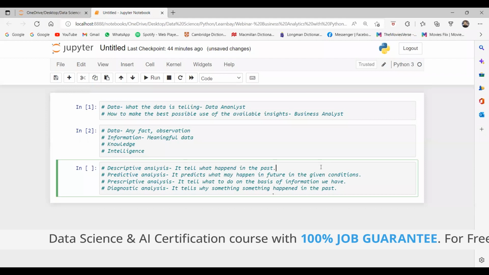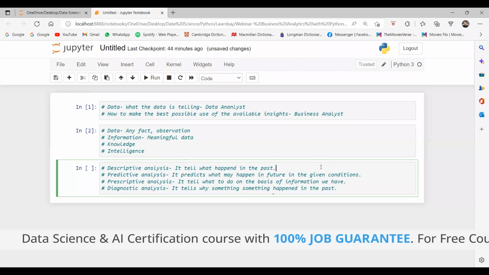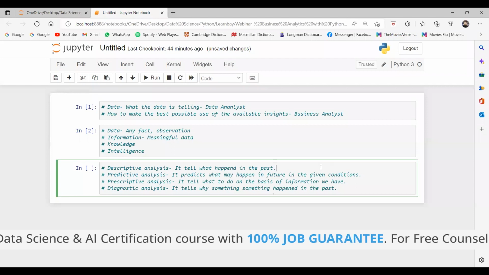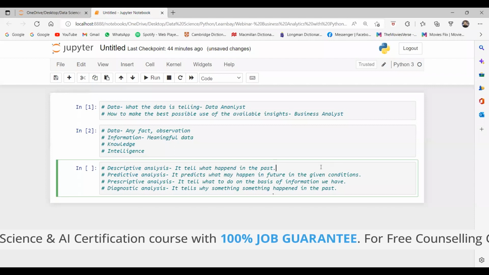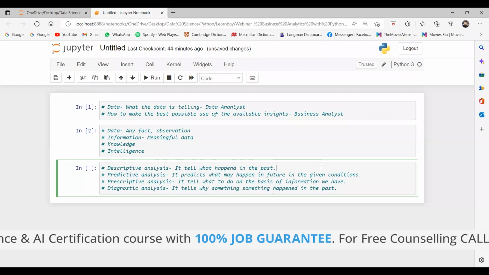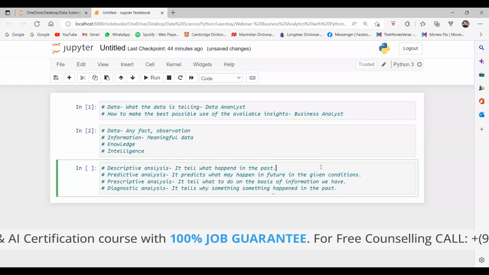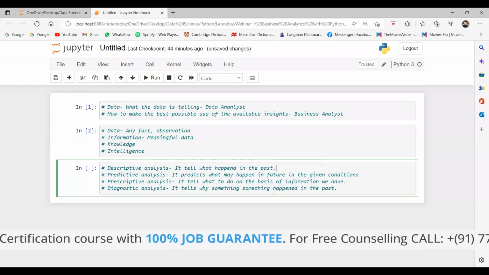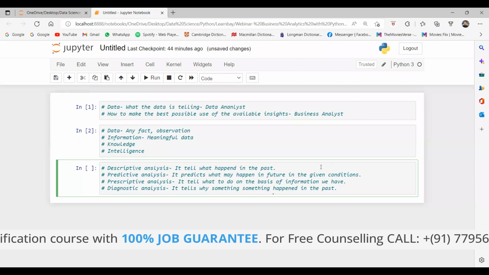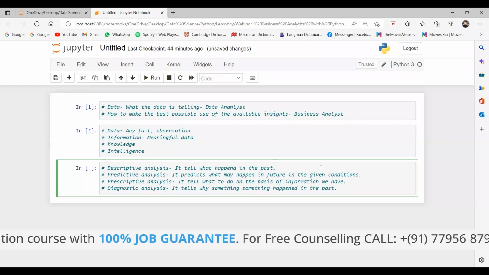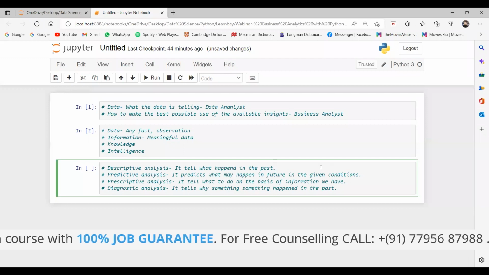It is done by a data analyst. He will get the data and he will draw the insights. He will draw the graphs, whatever is required. And he will try to tell every aspect related to that sales data or whatever he's being asked to do. Clear? So descriptive analysis is something that is done by a data analyst.